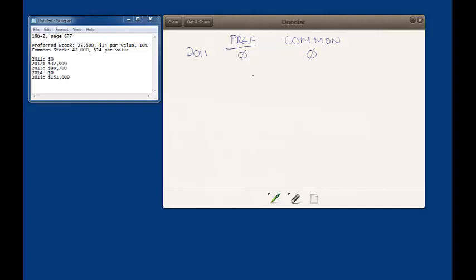Okay, and the preferred stock is non-cumulative, so that means that even though they didn't get paid this year, it doesn't hold over to the next year, so nobody gets anything in 2011. Okay, in 2012,